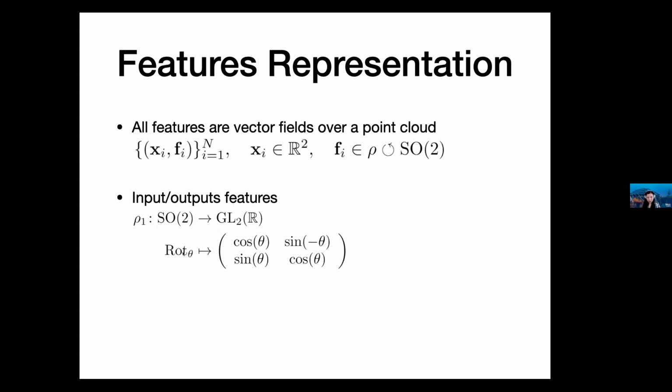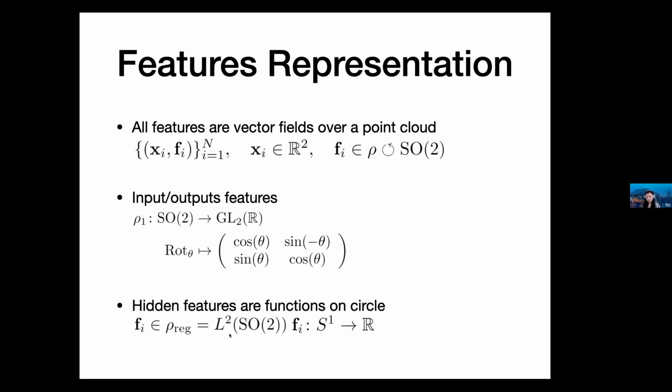Because we're working in an SO2 group, when we map the hidden features from the SO2 group, that becomes the hidden features. This is the functional space on top of the SO2 group. So the hidden features in our neural network are actual functions on the circle. Because the input is SO2, when we learn the hidden representation using a deep neural network, the hidden features become functions on the circle. So these are the different layers of representation in our deep neural network.